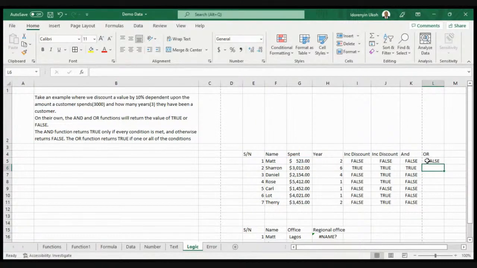So with that, for the OR function, we notice that for this year, the customer didn't spend up to 3,000, as well as the customer didn't stay with the company for 3 years. So dragging this, we notice that this customer actually spent 3 years, and actually spent a larger amount, more than 6,000. So you can see the difference between the AND and the OR logical data sets for comparison of products, depending on the data sets that are being presented to you for you to analyze or organize that data on Excel. I would like to go back to the slide.